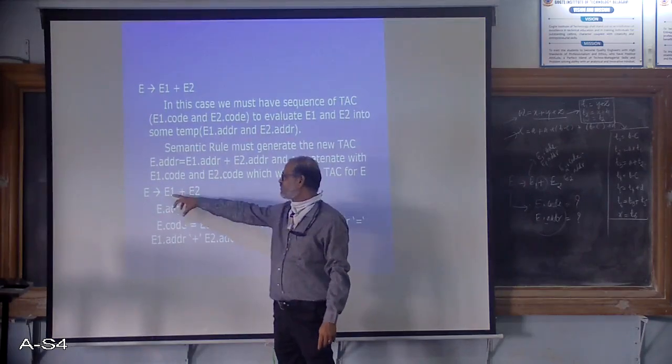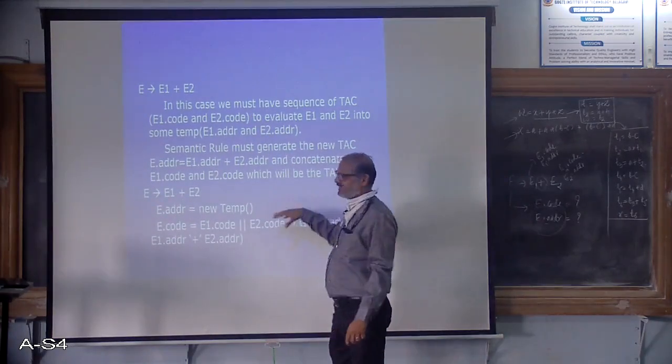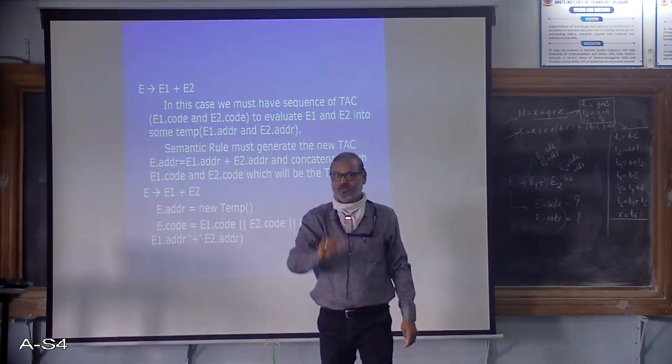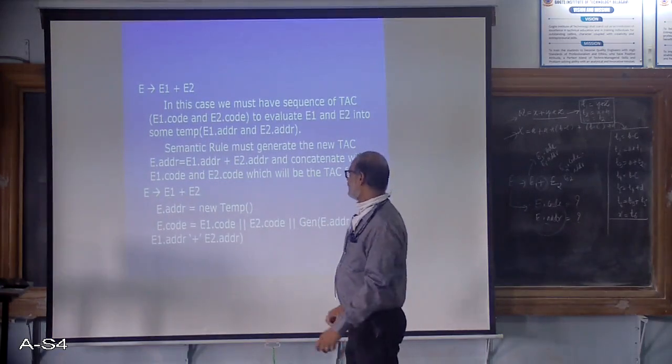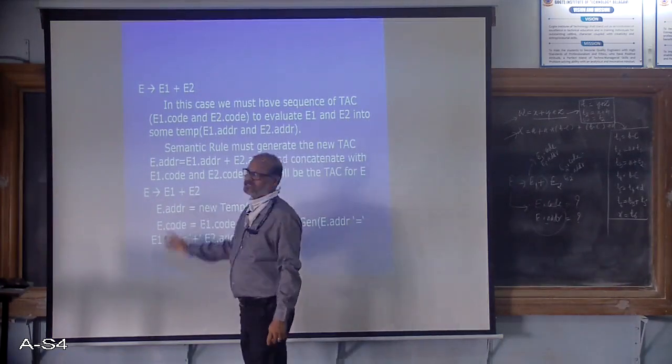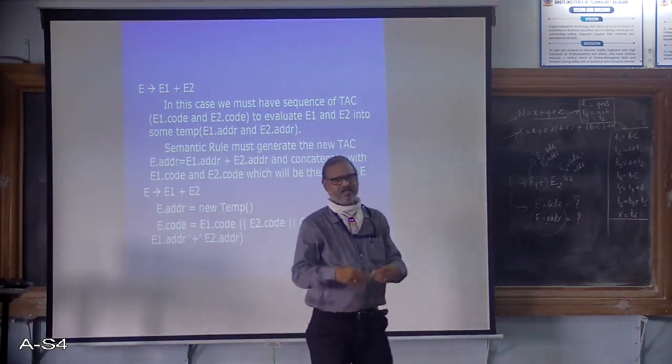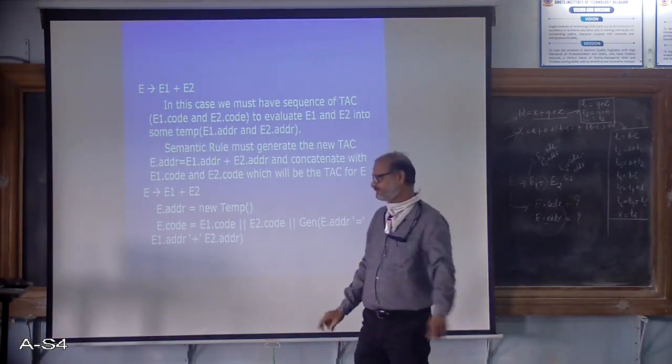Just before the reduction, this gets executed, and accordingly the corresponding intermediate code is generated. Since I have taken plus here, this can be extended for any operator, right? Now